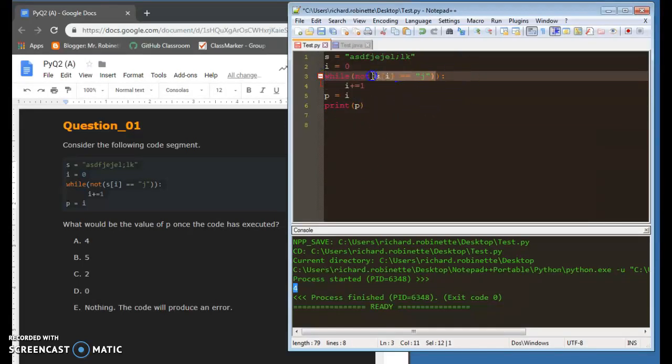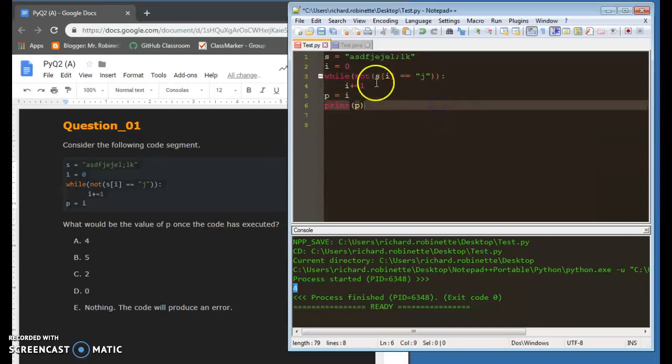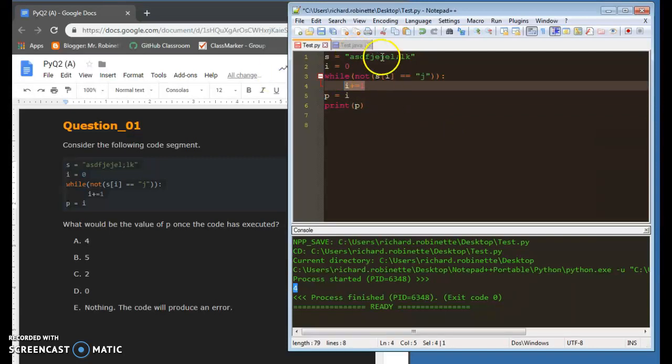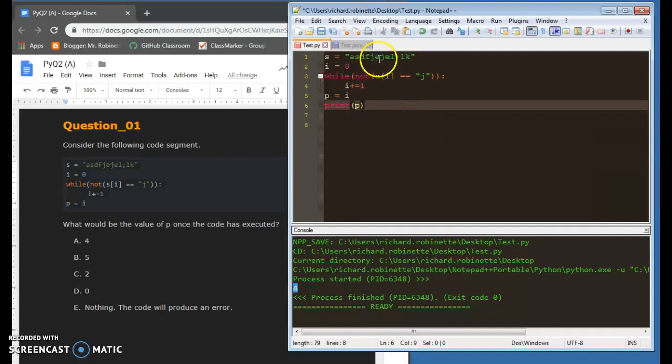This only runs as long as position i is not J. As soon as you run into a situation where position i is J, we're done. So i ends up being the first position where there is a J. What do you guys see as potential problems with that algorithm? If there's no J, what stops it? Nothing, right? So if I do this,